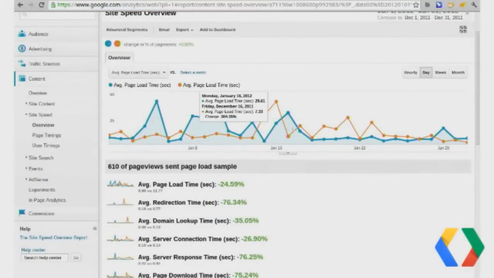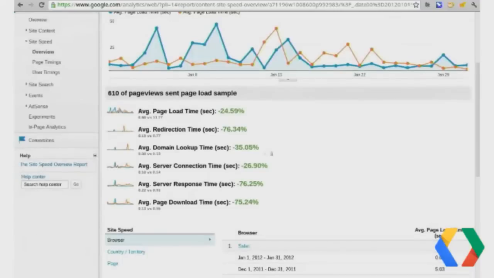It may not be immediately obvious what the difference is, but now look at the metrics, right? My average page loading time went down by 25%. My server response time went down by 76%. That's awesome. This is a huge improvement, right? And I can actually show you the data and quantify it, and everything's green. So to me, this is huge success.